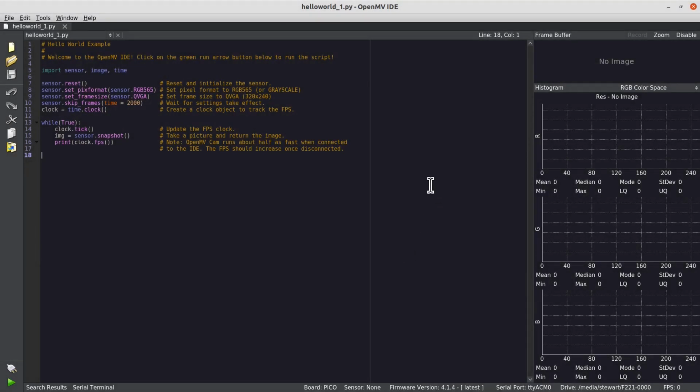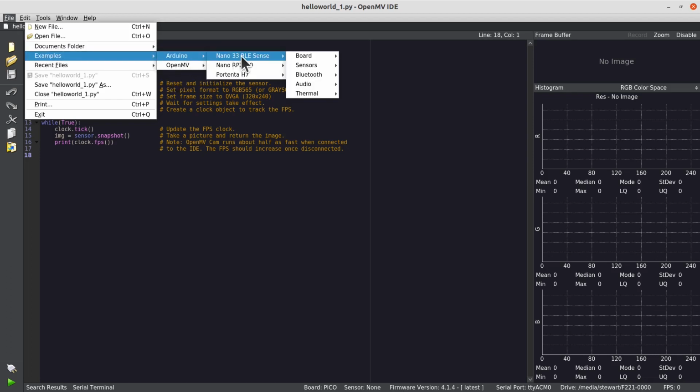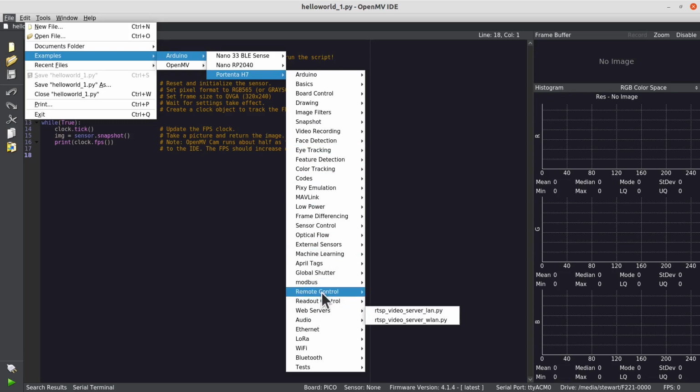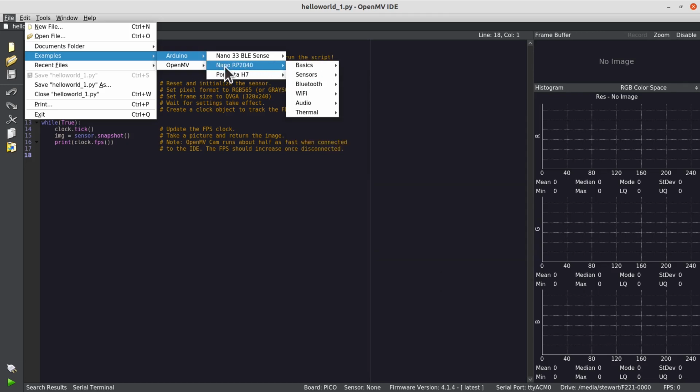Click OK. Now there's some sample code that we can use. This hello world.py is irrelevant because this is for the cameras, and this is one of the things about this being designed for cameras. Really, it's not that useful, but if we go into the examples, you'll see that under Arduino we've got quite a few examples depending on the board. So the BLE sends, the RP2040, and as you see the Portenta has got a lot more options, a lot more machine learning and things like that. But we're interested in the Nano